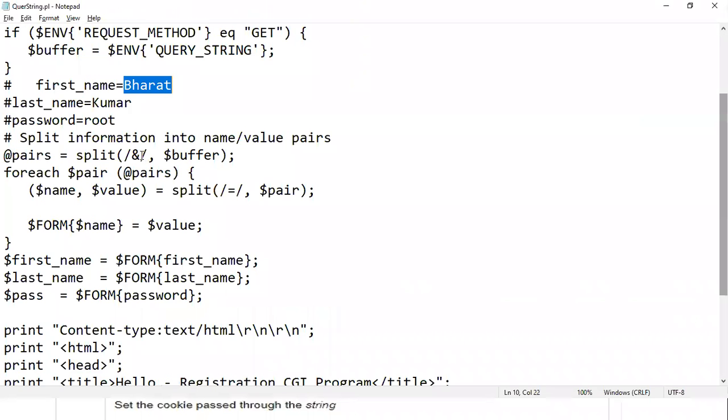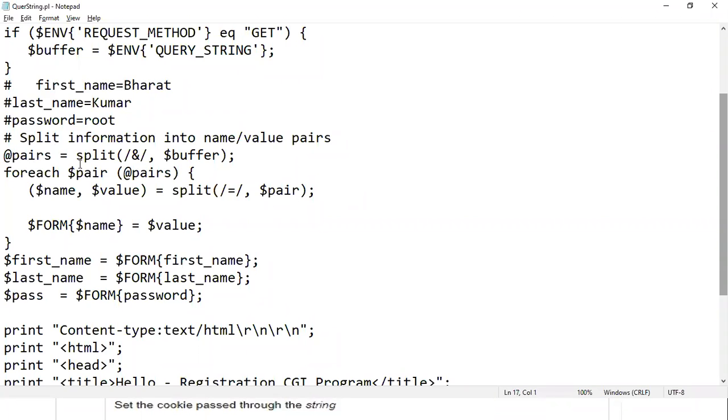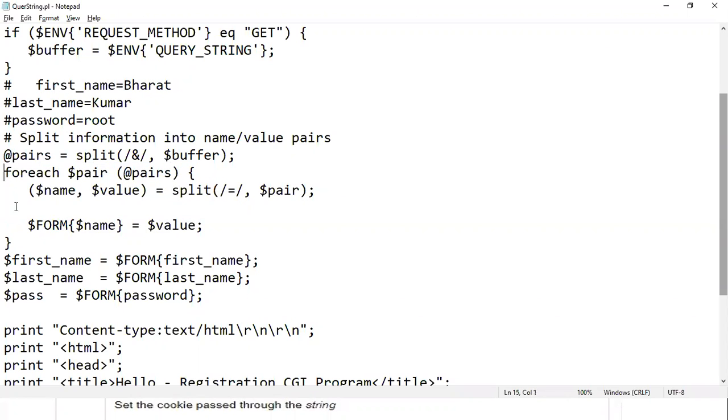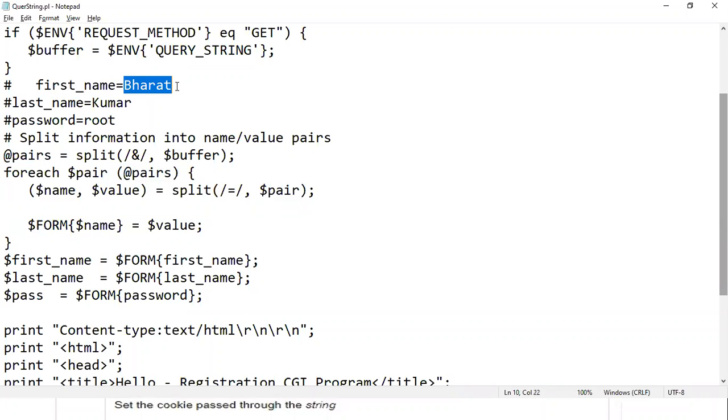So first we'll split the query string using the ampersand. If we split the query string, then we will get an array of all the values, all these three values we will get. Then each and every value we will go through a foreach loop. This structure we have already discussed. Because we want to get this key and this value, we have to separate each element using the symbol, right? For this loop we will get each pair.